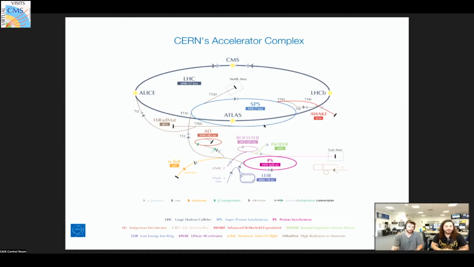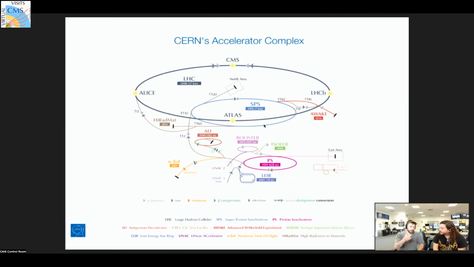And you can kind of intuitively understand that energy limit if you imagine you're driving in your car and going around a roundabout, right? You can only go so fast around a roundabout before you're going to roll your car. You can't keep your car in the ring any longer. So there's a speed limit, and that's an energy limit. So it's the same thing for these accelerators. We have to keep building bigger ones if we want to go to higher and higher energies.